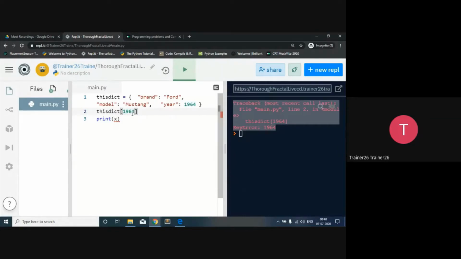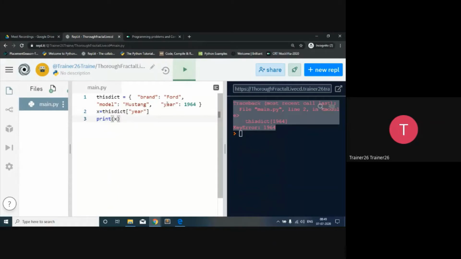So right now what we want to do is that in year I want to assign some different value. I can assign some different value over here, and I'm going to say 1966. So I'm going to change it. We were talking about the year and here we're trying to print the year. So I'm taking the value in X and we try to print the X. Here we have to give the double quotes because the value.